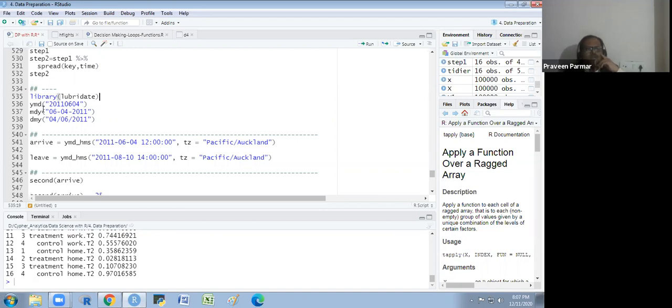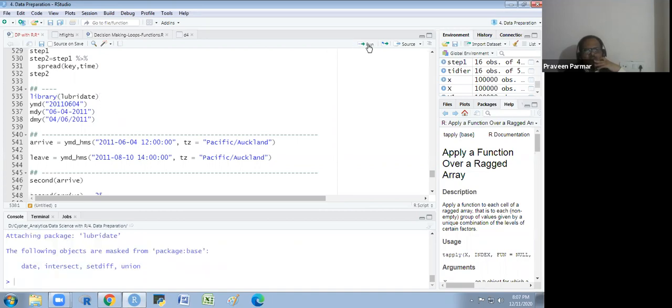Suppose you have in one string written 2011-6-4. We know that this is the year, this is the month, and this is the day. So we will write this sequence here, year, month, day, and I run it. You will see the output because I have not run lubridate. First I have to run lubridate, then I could apply that.